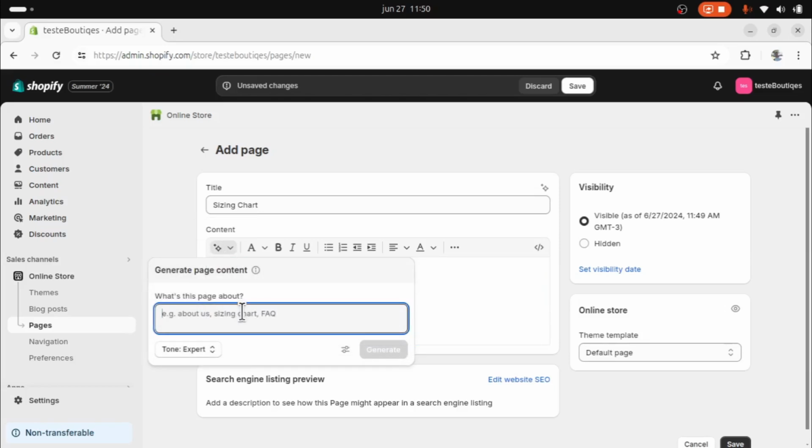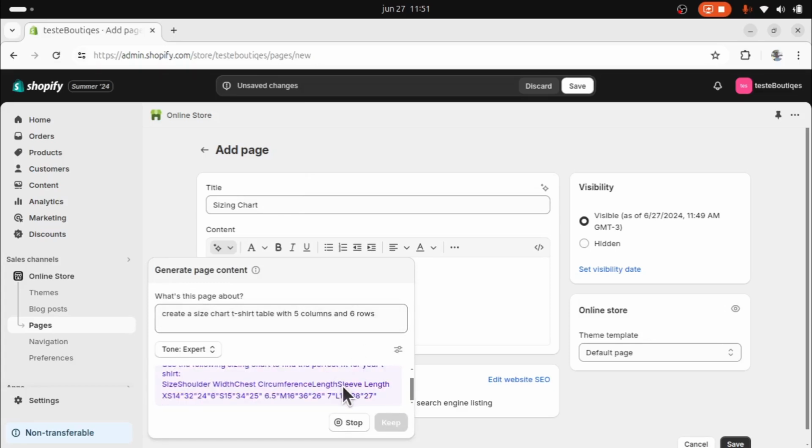And here we are going to write a prompt. And this prompt is going to be: create a size chart, the shirt table with 5 columns, and here you can actually edit how many columns and rows you want. So for example, I will choose over here 5 columns and 6 rows. I will click on generate,